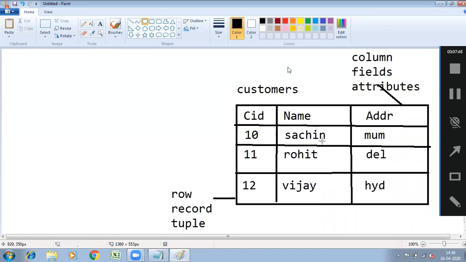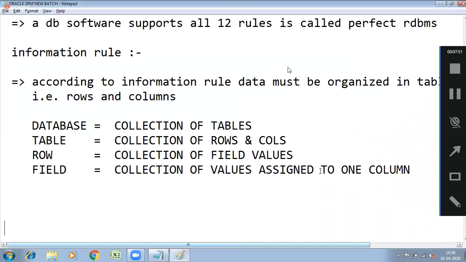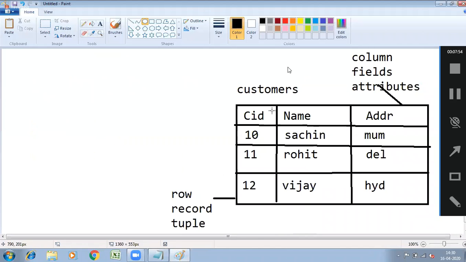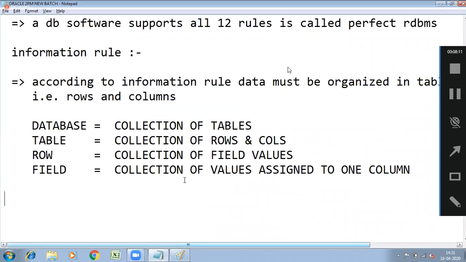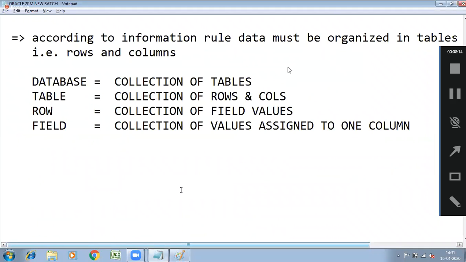I think you understand about this table. Yes or no? So in an RDBMS, if you want to store data, you have to store it like this. If you want to store customer data, first create the customer table and store the data. If you want to store students' data, first create one student table and store the data in it. I'm just discussing RDBMS concepts, because your course is related to this, so before going to the actual course you need this concept.